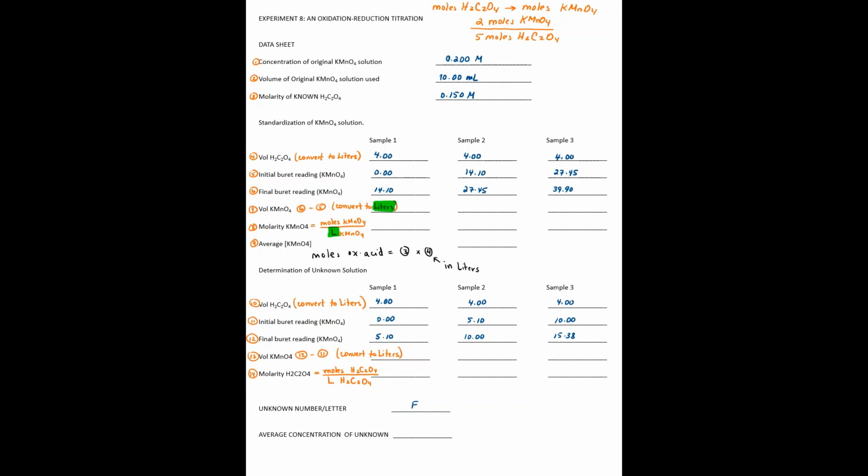So to get the moles of oxalic acid, you're doing what you have in number 3, which is your molarity for oxalic acid, times a volume of oxalic acid, which is what you have in number 4, but that volume has to be in liters. That will give you the moles of oxalic acid, but that's not what you want. You want moles of potassium permanganate. Whatever number of moles of oxalic acid you're getting,